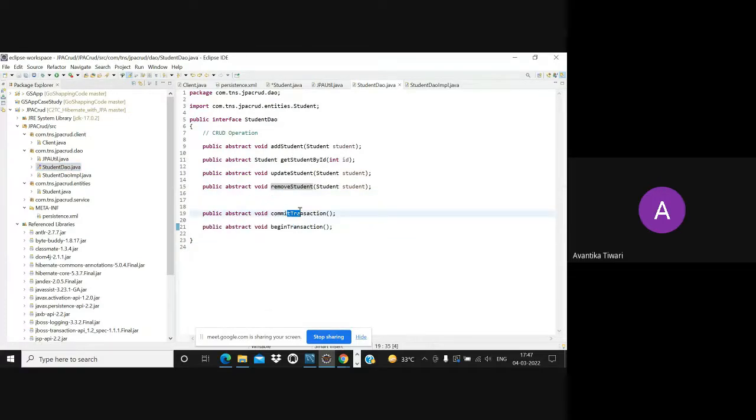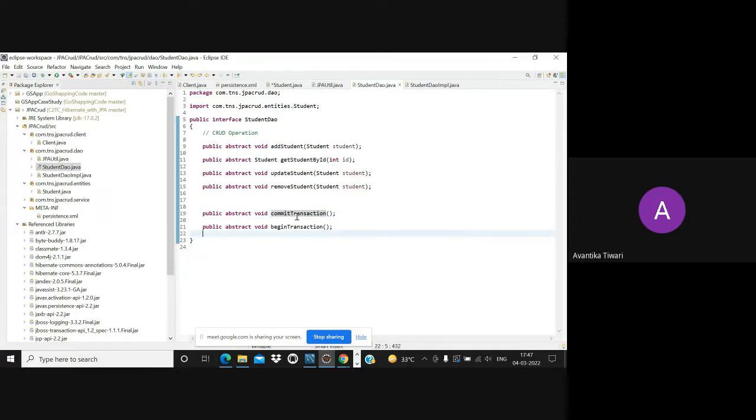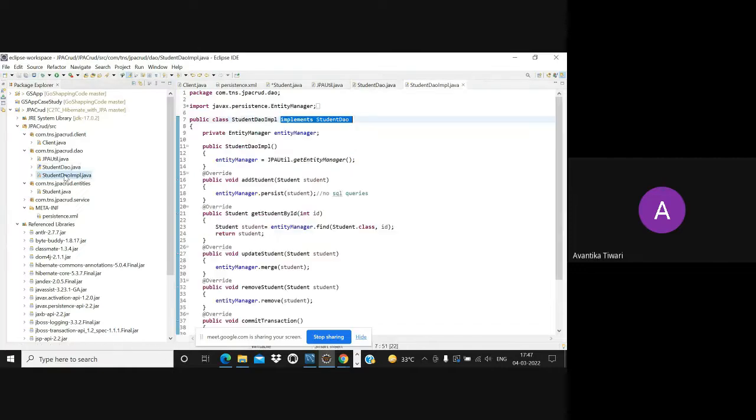Beginning and committing, and then these four. For all these abstract methods, we have a separate implementation class in the data access object package. These are the methods: add student, get student, update student, and remove student.